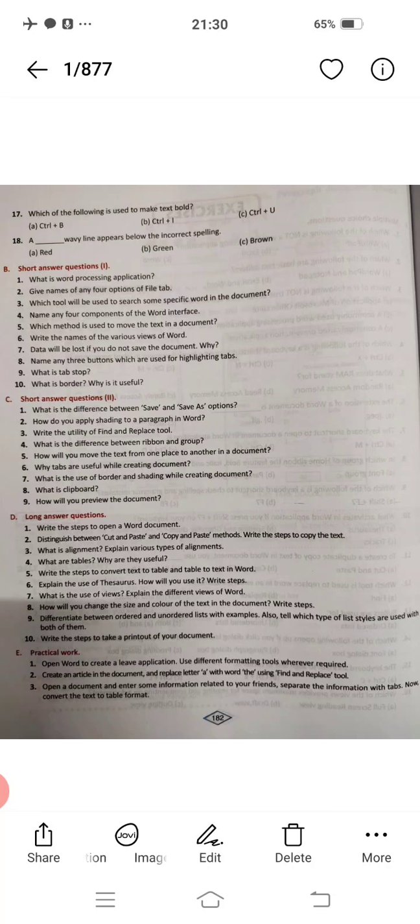Then from C, question number 1, 5, 6 and 8, and from question number D, 1, 4, 5, 6 and 9. These all questions you have to do in your IT copy. Okay, previous whatever I have given along with this, because these all will come in the exam.